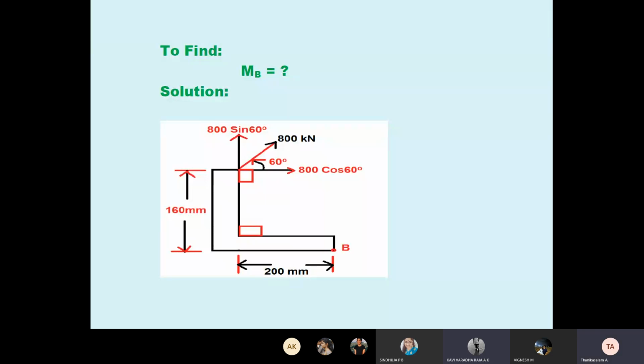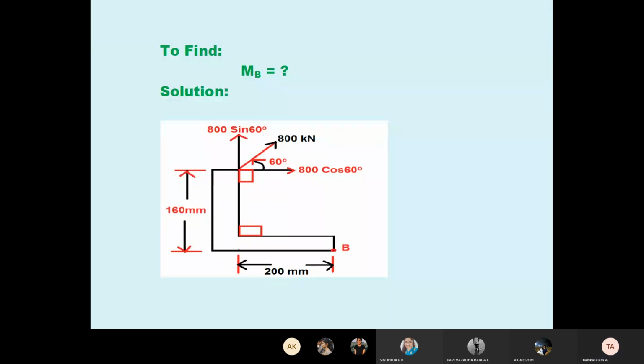See, what are you telling? Moment equals force and distance. You tell first each force and each distance. Then add or subtract based on clockwise or anti-clockwise. Clearly tell me now, what is MB equal to? Sir, it is slightly confusing, sir. You put your hand at point B, index finger and thumb finger. Okay, sir. Now, what is the moment definition?